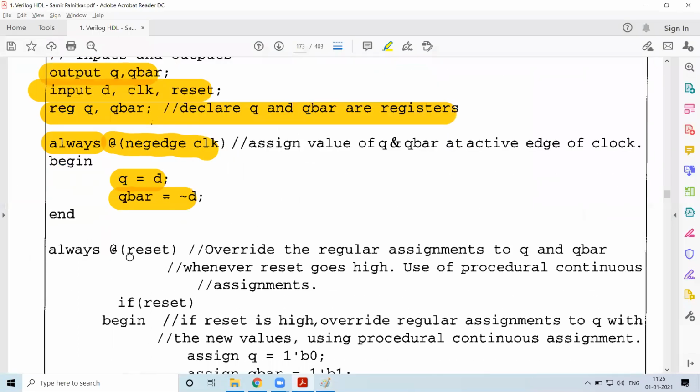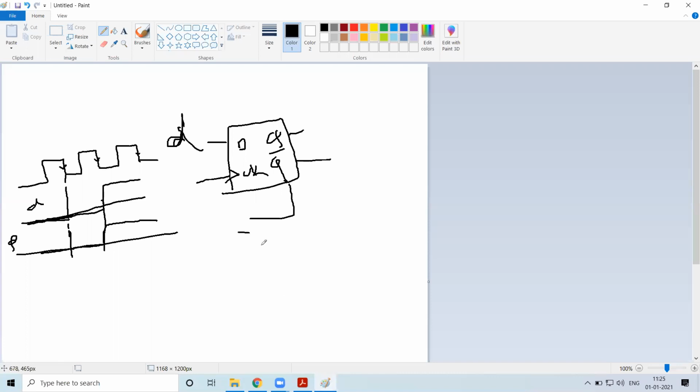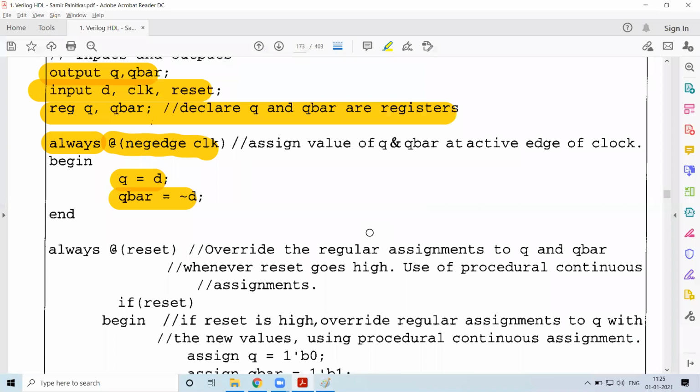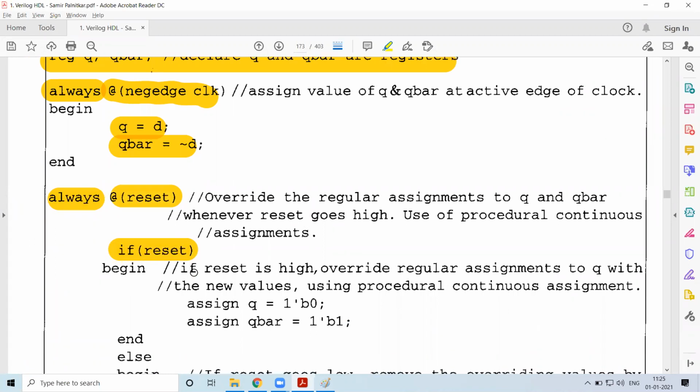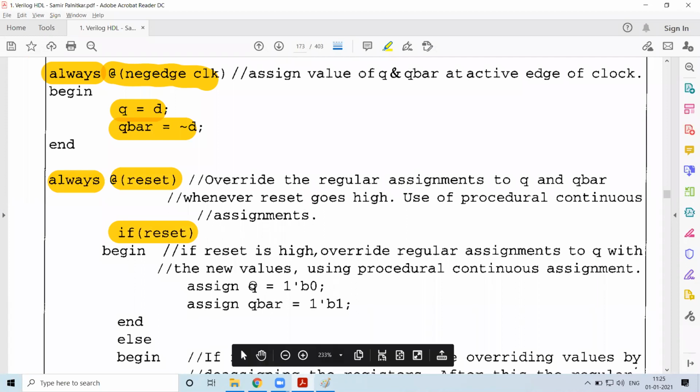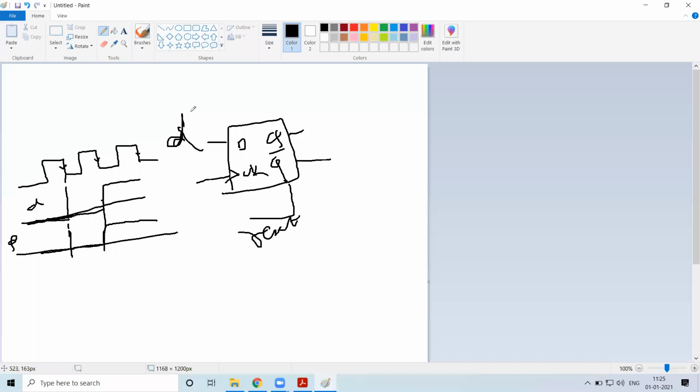Now, if I press reset, whether it is active low or active high, we have to check. Whenever there is a change in the reset pin, you reset the device. In that case, if reset is high, you have to make Q compulsorily 0, no matter what the value of D is. If reset is 1, no matter what D is, Q has to go to 0. For example, at this moment I have changed the reset.